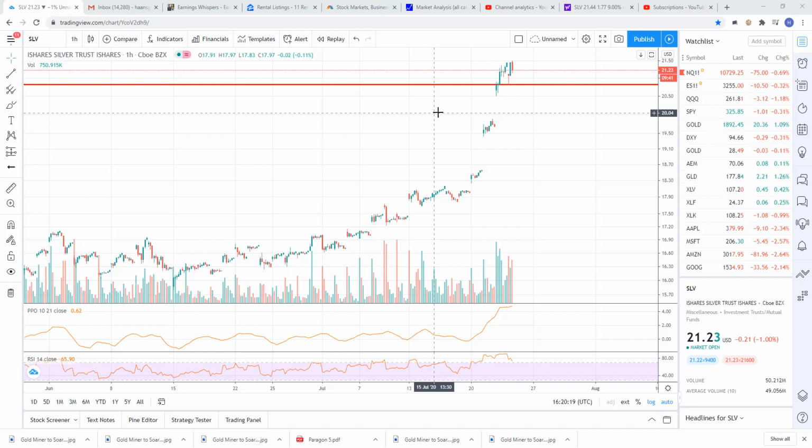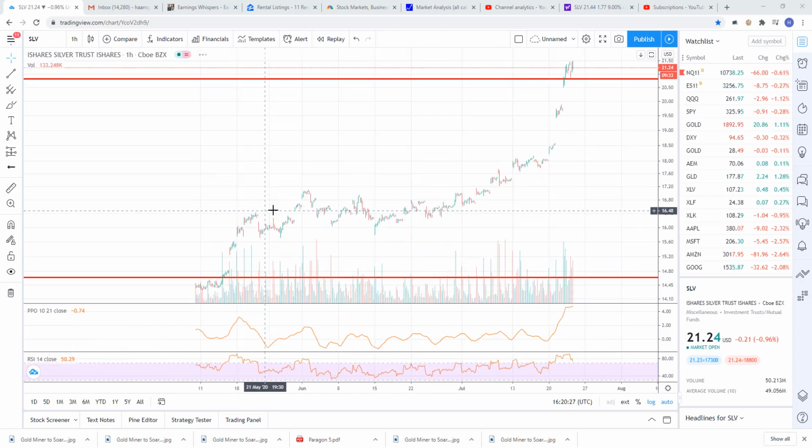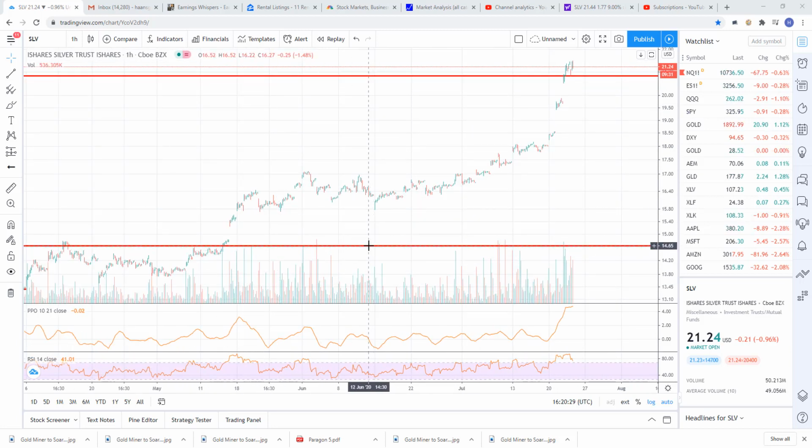Here's silver. I know silver's been getting all the rage because it's gone kind of parabolic. I don't like trading silver. That's just my thing. I like gold. I like to trade gold. Gold is easier to chart. Silver seems to kind of lag gold. It just doesn't do anything, and then randomly out of nowhere, it just explodes higher parabolically. And that's just really hard to trade. You don't know the timing of when that's going to happen.